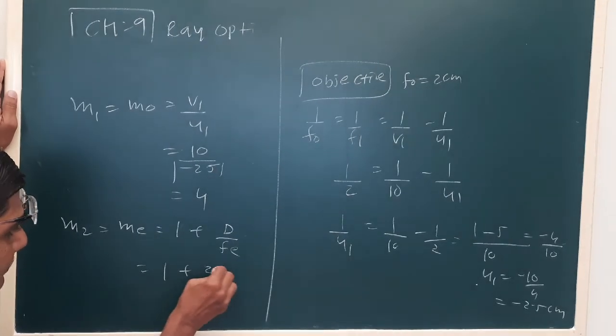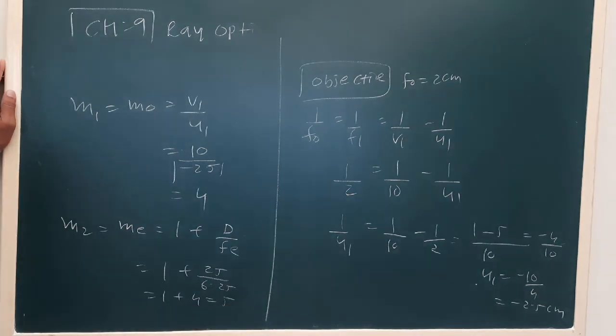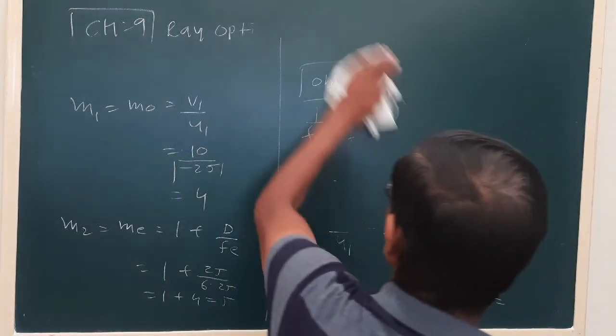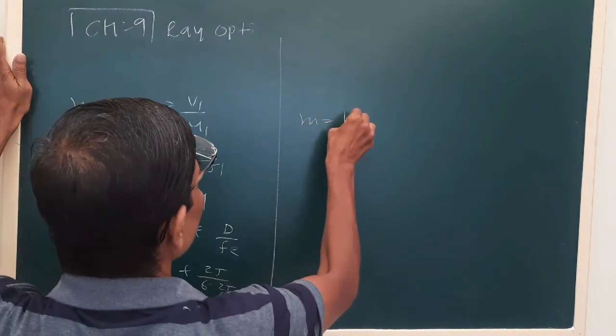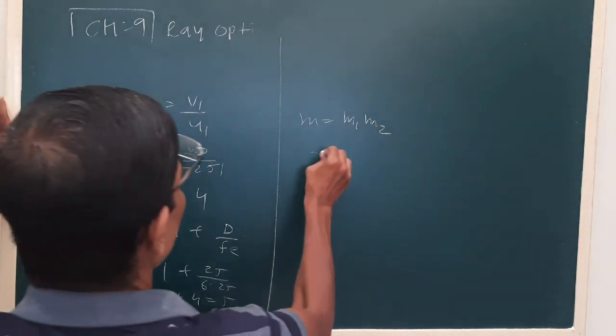D is 25, F is 6.25. Now see the magnification, M is equal to M1 into M2, that is for the combination of lens. So it will be 4 into